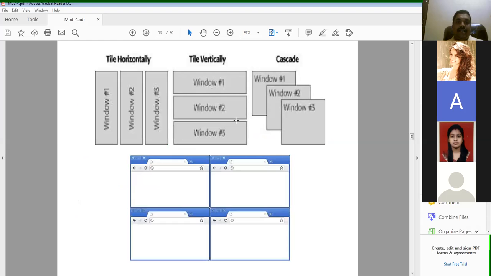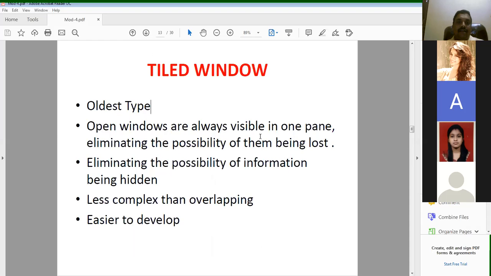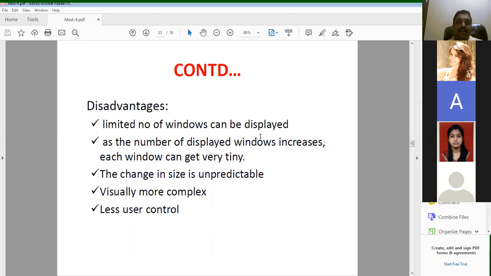See here: tile horizontally, tile vertically, cascade, in a sequence pattern, one after the other. This is called a tiled window, meaning one after the other, vertically, horizontally, or cascade. These are all the tiled window styles. Next, the drawback of this window is that only a limited number of windows can be displayed.